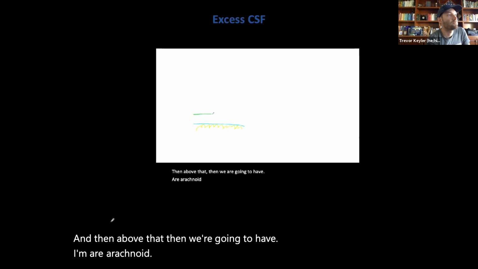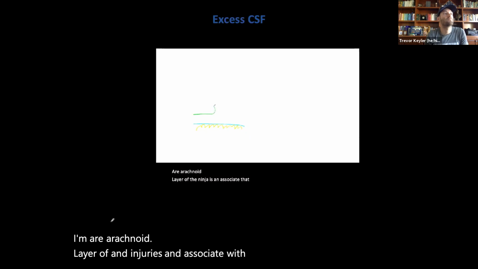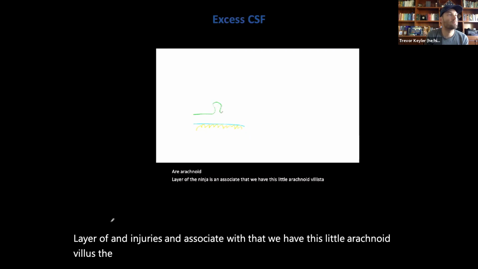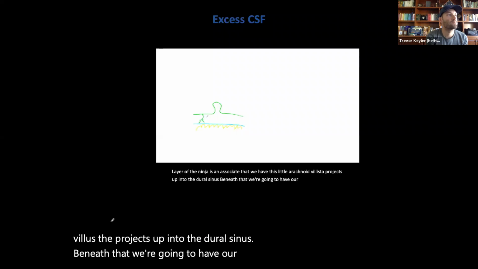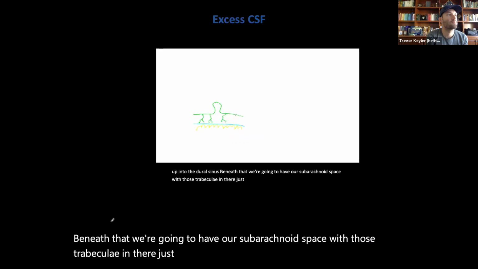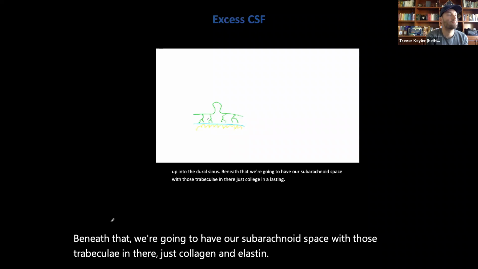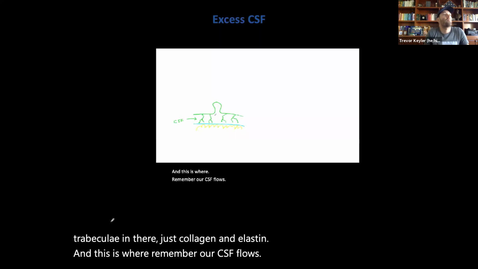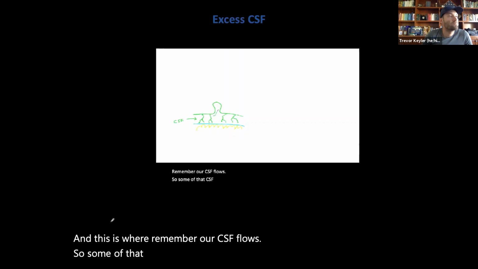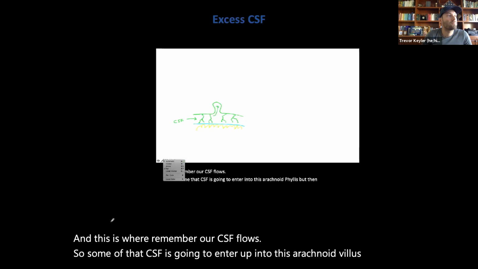layer of the meninges. And associated with that, we have this little arachnoid villus that projects up into the dural sinus. Beneath that, we're going to have our subarachnoid space with those trabeculae in there, just collagen and elastin. Okay. And this is where, remember, our CSF flows. Okay. So some of that CSF is going to enter up into this arachnoid villus. Okay. But then we have our last layer that we need to draw,